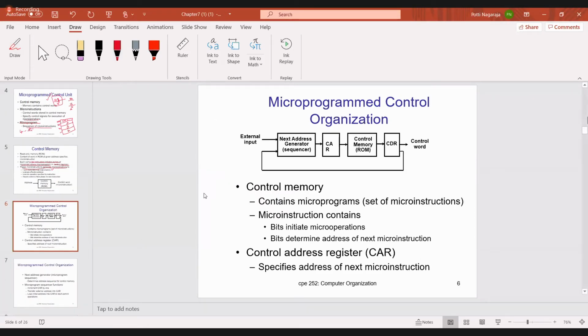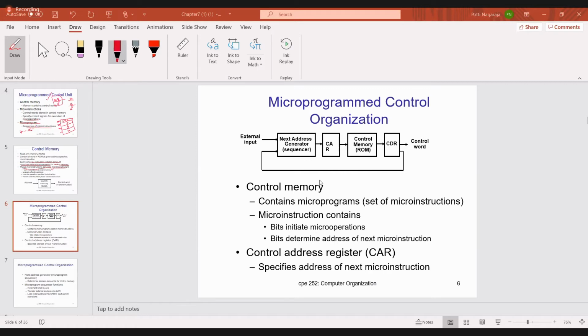Now next, this is the micro programmed control unit. Have all of you seen the block diagram? This is the microprogram control unit block diagram.